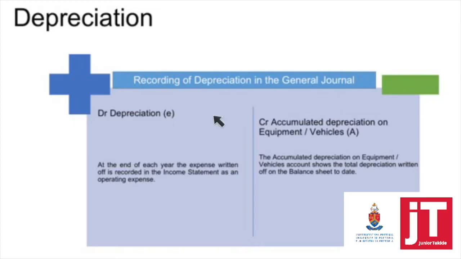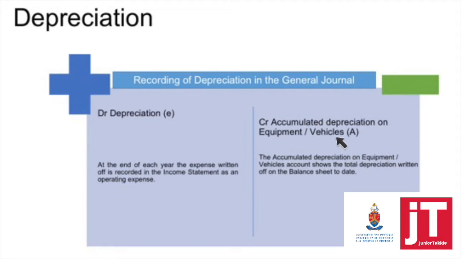That is why we record that loss in value for the year as an expense for the year. Then we have to create a new account to record the total loss in value over time. We cannot put this straight into the vehicles or the equipment account, because the historical cost principle applies. That means we can only record the cost price in our fixed asset accounts. That is why we create a new account,